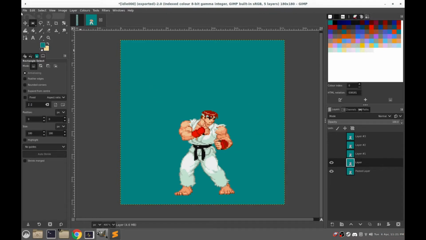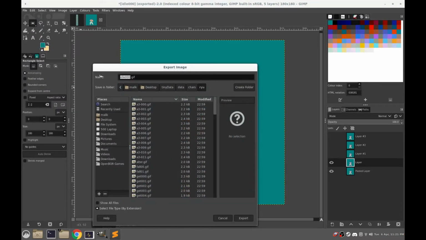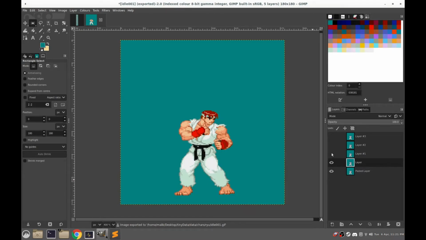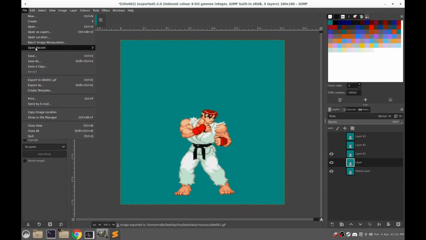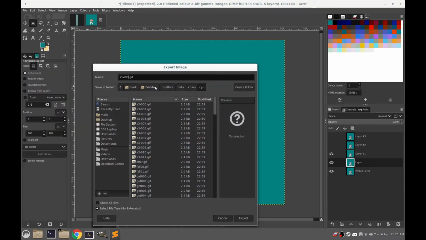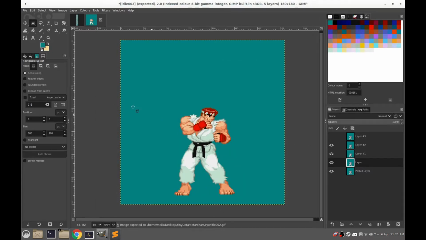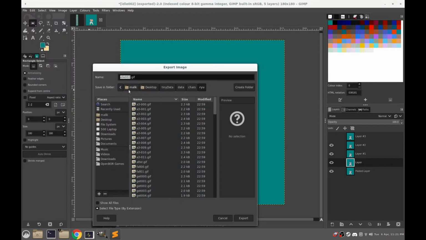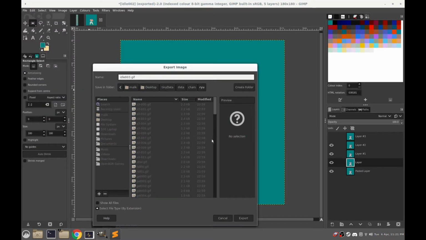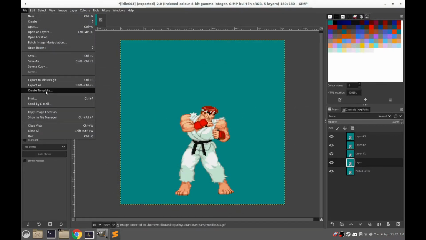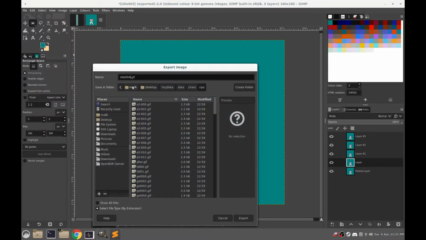So now that's frame 2, we say file, export as. It's already in the same folder. All I need to do is increment this idle 000 to idle 001, and I can export that. Export, move to the next frame, make it visible, file, export as, change that to 02, export, export, next frame, file, export as, 3, export, export, the last frame, file, export as, 4, export,